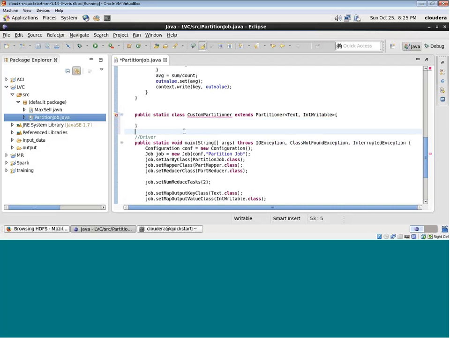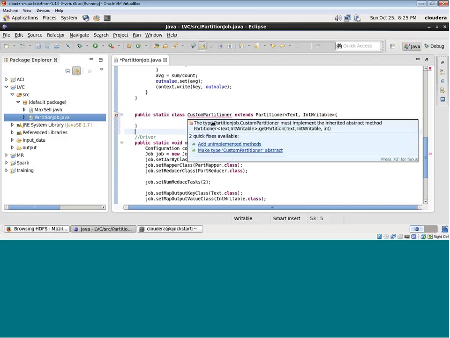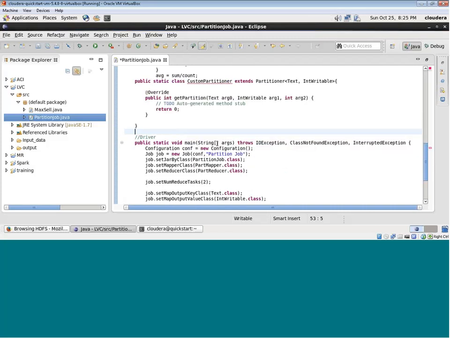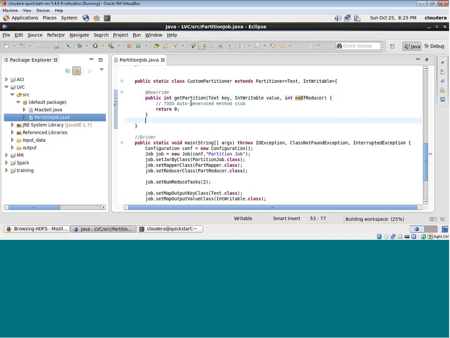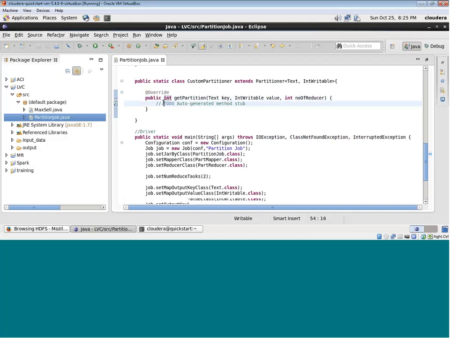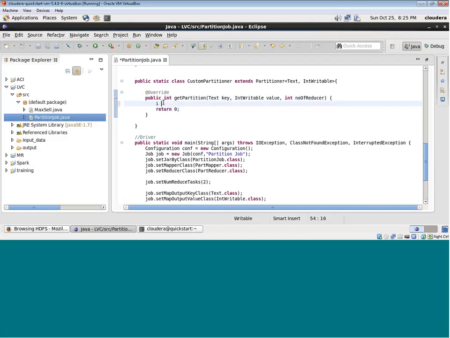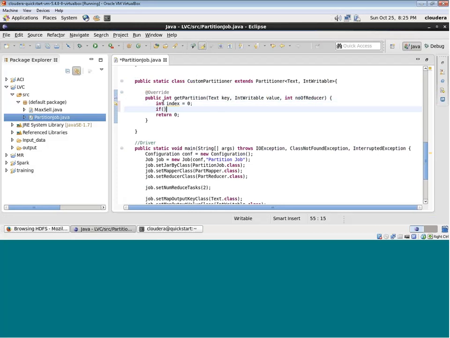And there is a method which we need to override. Just like in the mapper you have the map method, in the partitioner you need to override the getPartition method, which will take the output key of the mapper, the output value of the mapper, and the number of reducers as parameters. It returns an integer, which is nothing but the index of the bucket. So let's say I will write a very simple code to divide your key values into separate buckets. I'll just say if